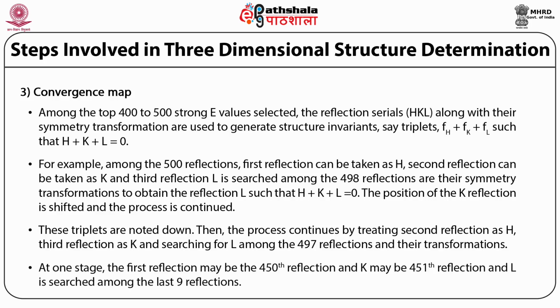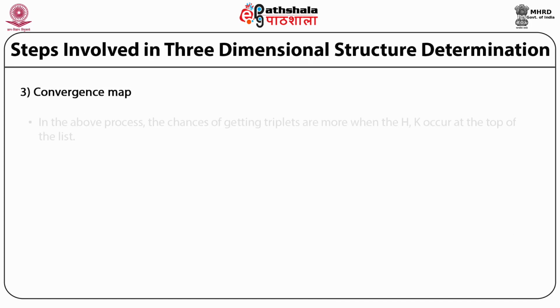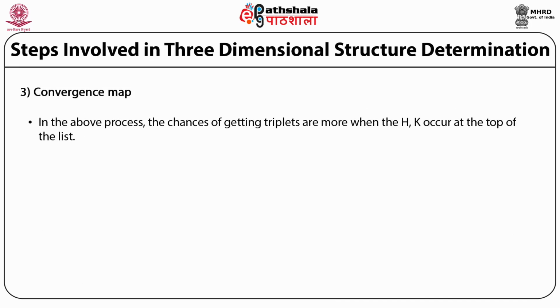At one stage, the first reflection may be the 450th reflection, and K may be the 451st reflection, and L is searched among the last 9 reflections and the transformation. So this is how the convergence map works. In the above process, the chances of getting triplets are more when the H and K occur at the top